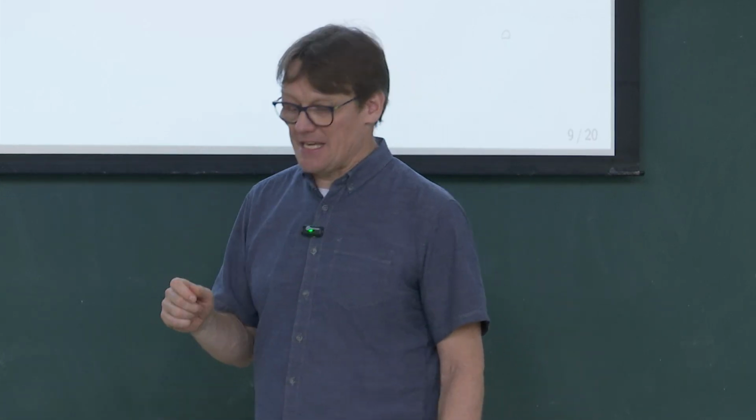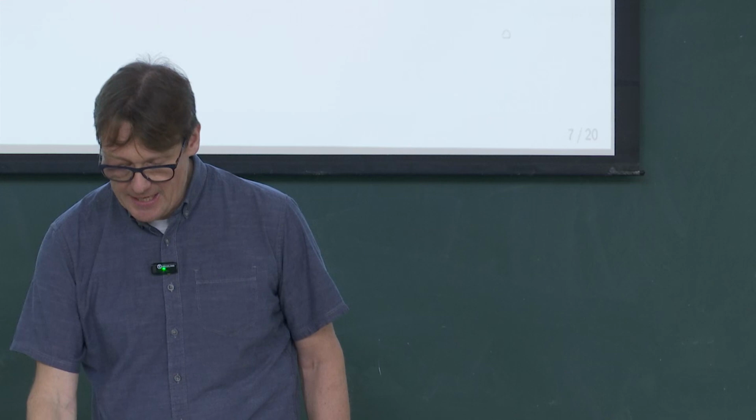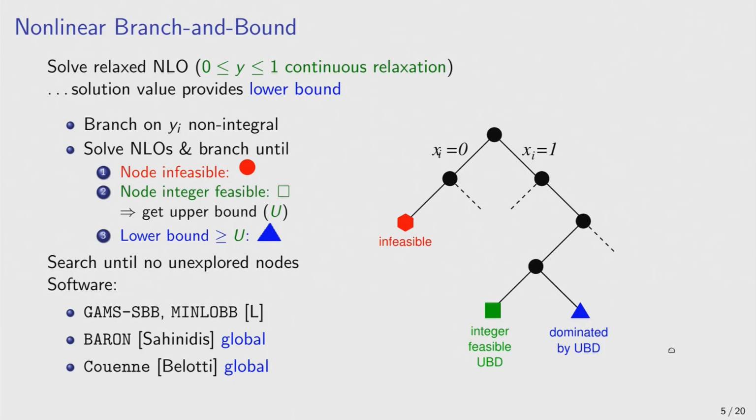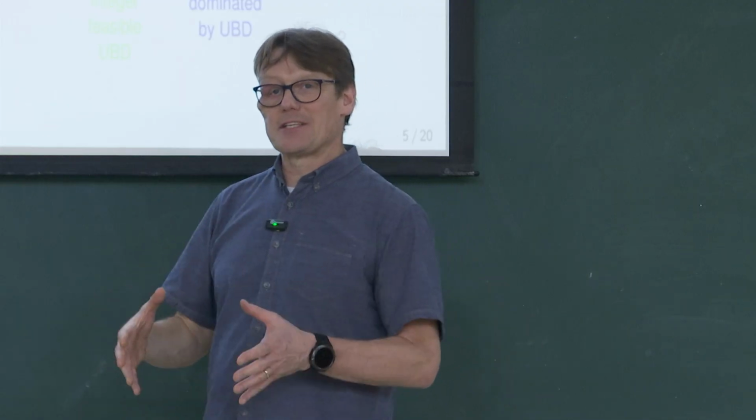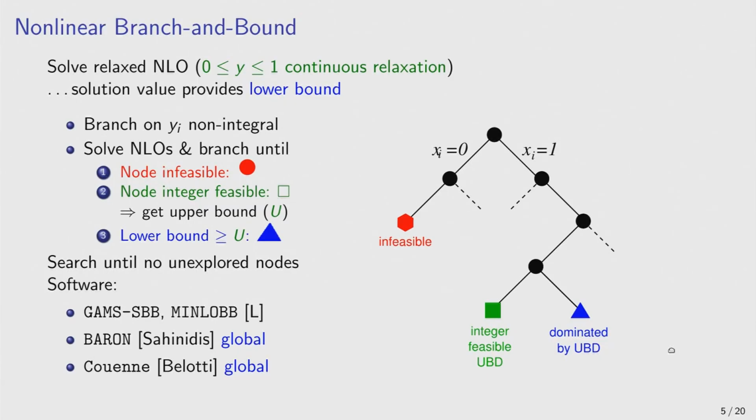The main difference is that as you're going through the tree, in the linear case, the linear problems that you solve are very close to one another, and you can reuse basis information or factors of the basis matrix. If you know about the simplex or dual simplex method, they store factors of the basis matrix, and you can reuse these factors. In nonlinear programming, you can never do that, even if you had access to these factors,